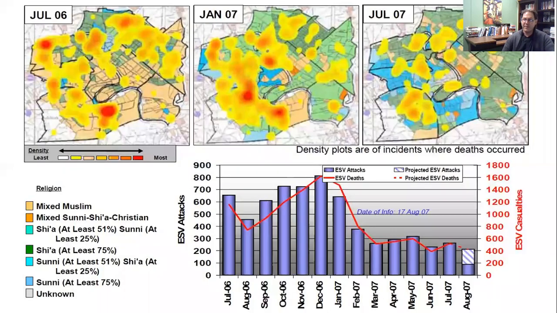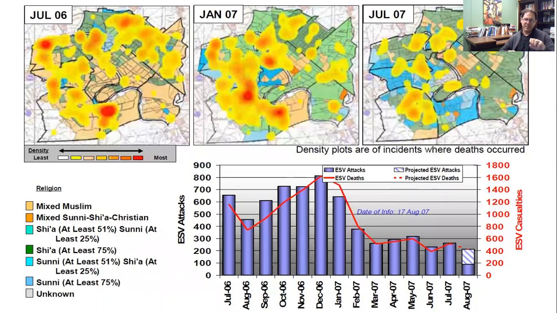And there's some pretty powerful evidence for this theory. This is a series of maps and data prepared by General Jim Jones. He presented to Congress to explain what was happening in Iraq at the height of the Iraqi insurgency. And it's a little bit hard to read, but there's a couple things going on. One is that the Iraqi insurgency is really ramping up in the second half of 2006. And then all of a sudden in 2007, by about March, it really settles down and violence is on the decline.